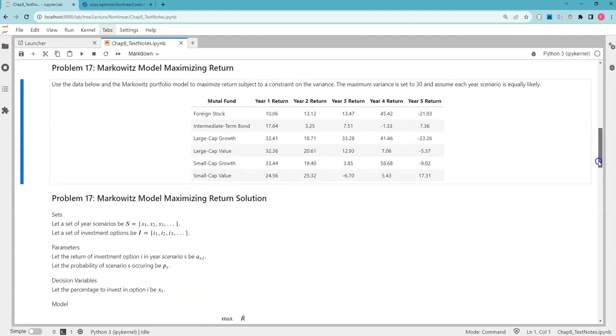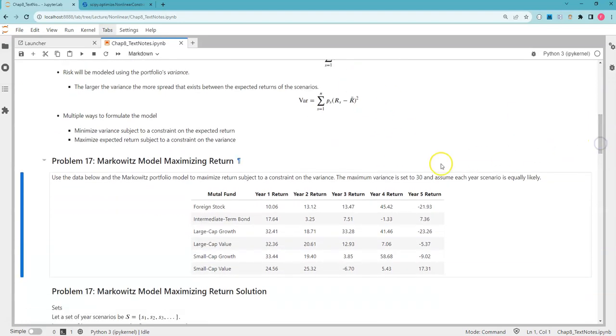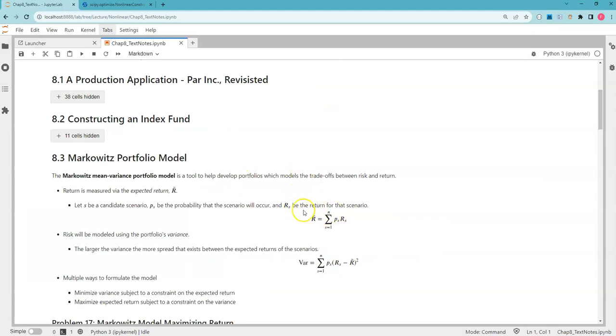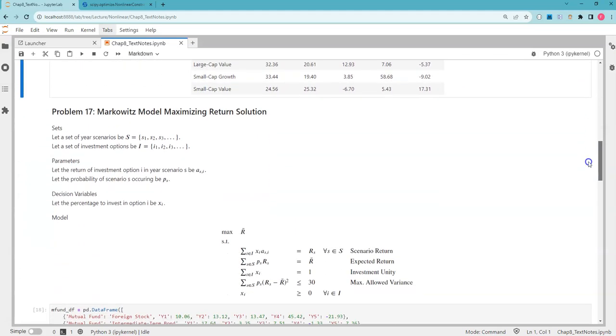And now for the model, we need to incorporate obviously these elements here at the top. And so one of the things that our problem statement said is we want to maximize the return subject to some constraint on the variance. So if we set this R bar as our return, we could just say that we want to maximize R bar, and then we would define R bar as an equality in our constraints. And I believe that's what I've got down here. Yes, maximize R bar,